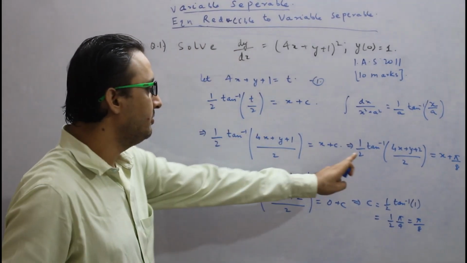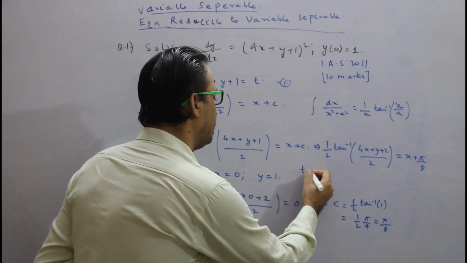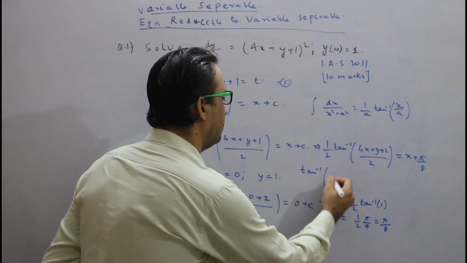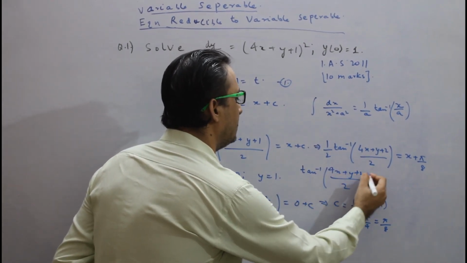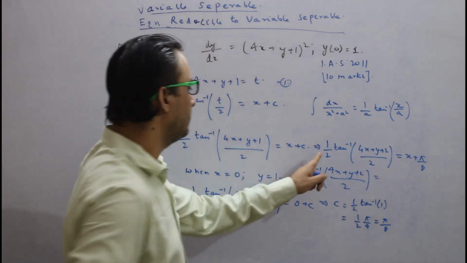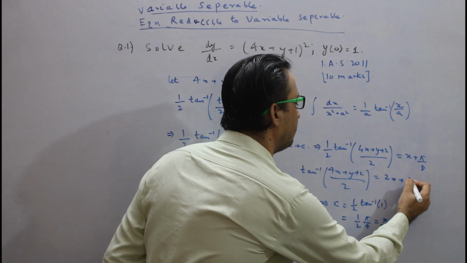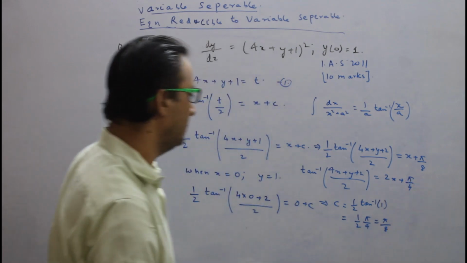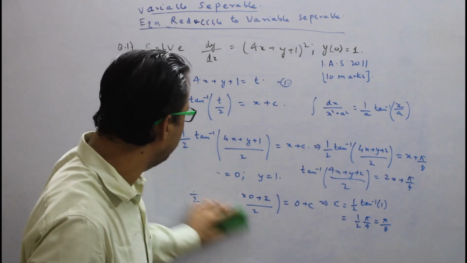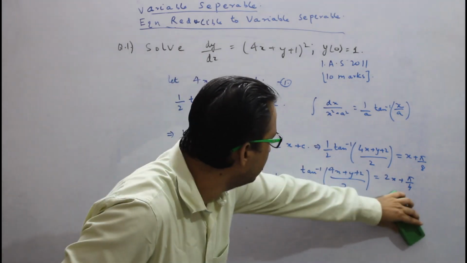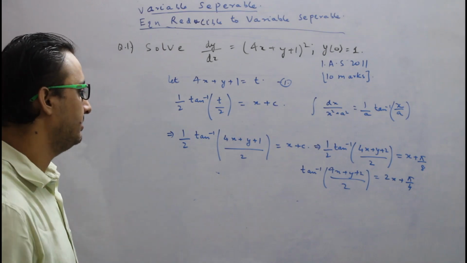Okay, so if we send this 2 on the right hand side, what will we get? We will get tan inverse of (4x plus y plus 2) divided by 2 is equal to, we are sending it on the right hand side, so this becomes 2x plus pi by 4. Okay, so this nearly gives our answer, and we can further simplify it as,